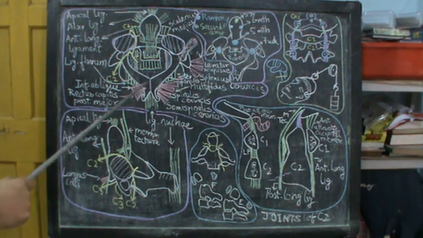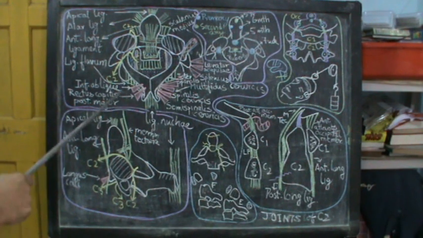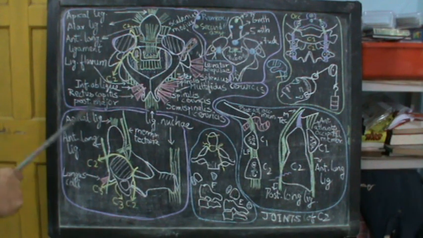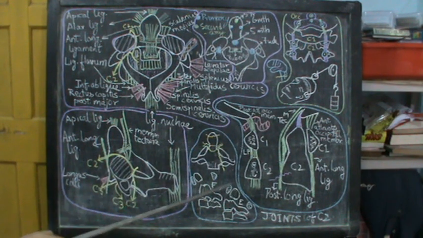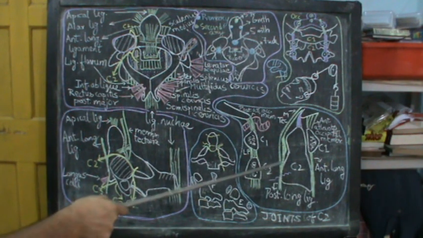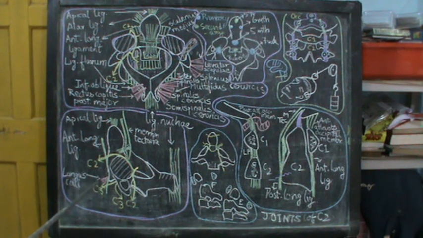Now these muscles, again I would like to remind you, are not important for the exam, but for completion's sake I have drawn these muscles over here. You need not memorize all of them. You just have to keep the general idea of this picture, and this picture. And if you have some amount of a faculty for drawing, you might be able to reproduce these pictures in your exam. Because this is such a small board, the pictures have become slightly cluttered and close to each other.